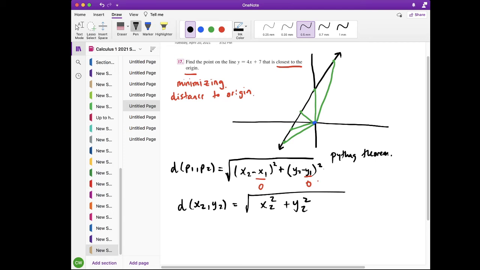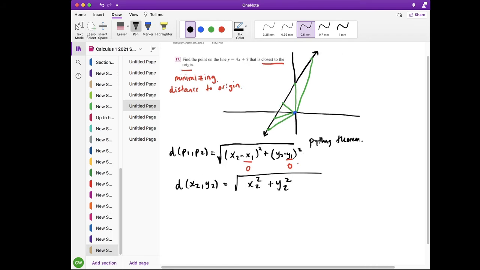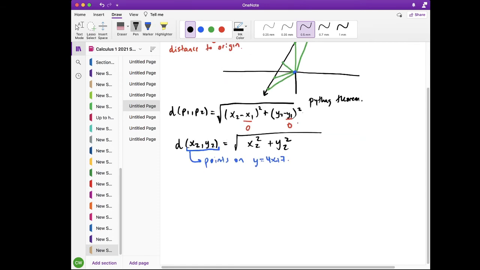What's x2 and y2? What is that? Where is that in particular? Yes, they're points in the line y equals 4x plus 7. Okay, so